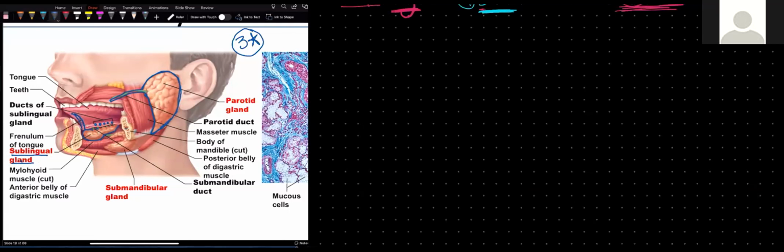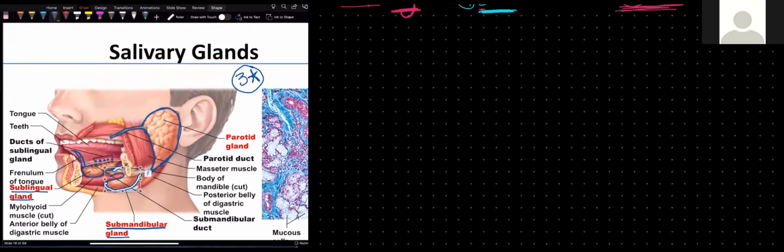And located surrounding the mylohyoid muscle, we can see here another salivary gland. This is the submandibular gland. And remember, the submandibular gland is going to have larger ducts that will open just on both sides of the lingual frenulum. So important structures again that we need to identify on this diagram will be the parotid